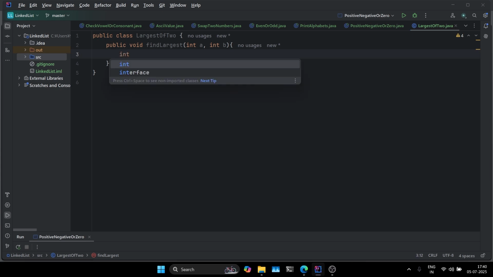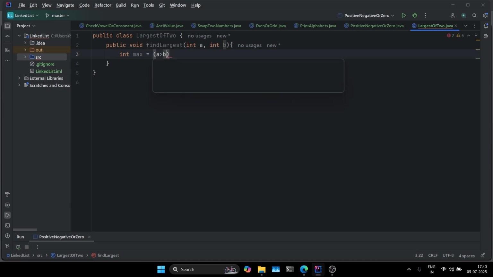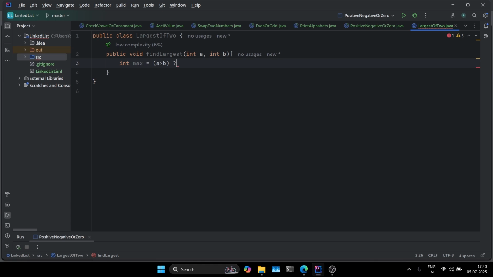first create an int max variable, and here we will be using the ternary operator. So first you have to define a condition. I will define if a is greater than b. If a is greater than b, then the ternary operator, and we have to give what we have to print. So if a is greater than b, it means a is greater, so first I will give a colon and then